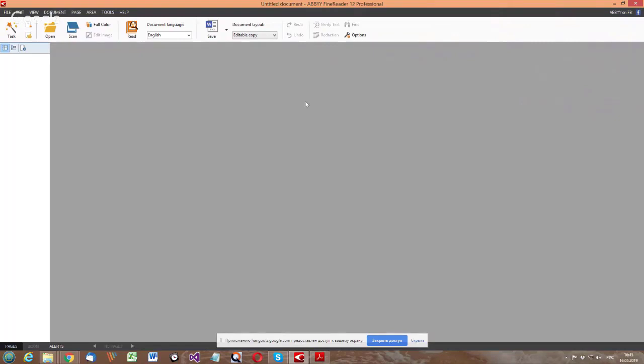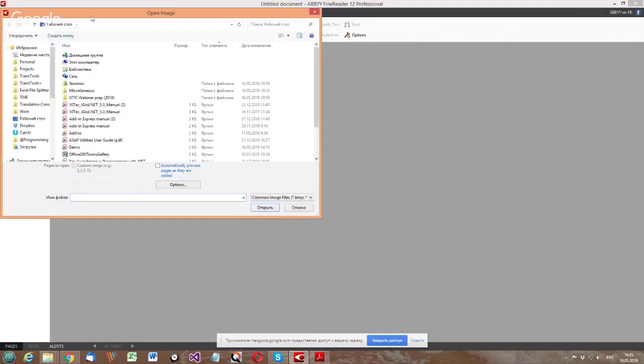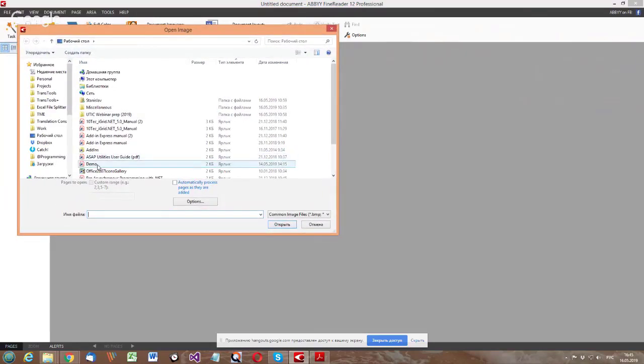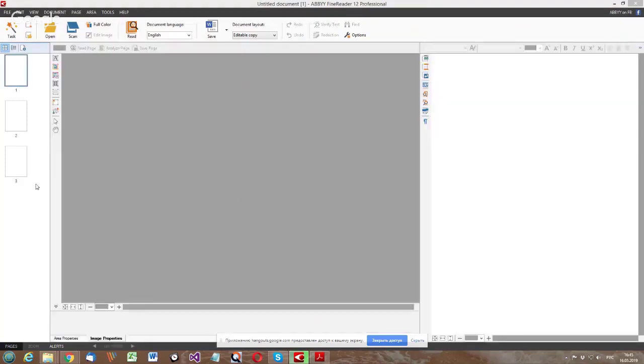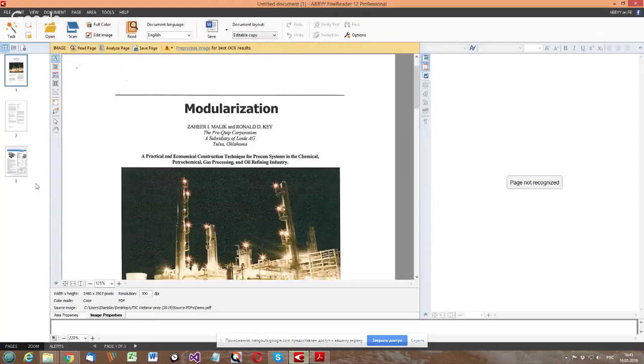So the first step in our workflow is to import the documents into Finereader. So I've opened Finereader, and now I choose the document called Demo PDF. Finereader imports all the pages from this PDF file.